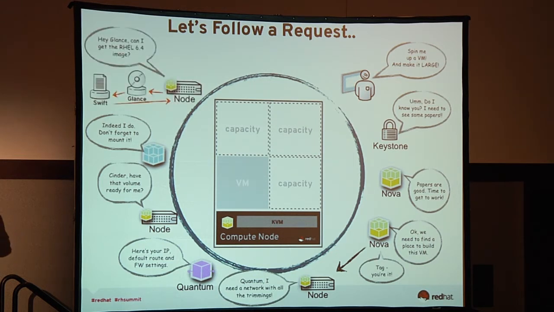So then the compute node says, hey, Glance, I need a Rails 6 image. What do you got? Glance looks up in the catalog, says, OK, Rails 6 image, that's stored over there. But Glance then gets out of the way. There's no transmission through Glance. Glance passes the URI to Nova. Nova then fetches that image directly.